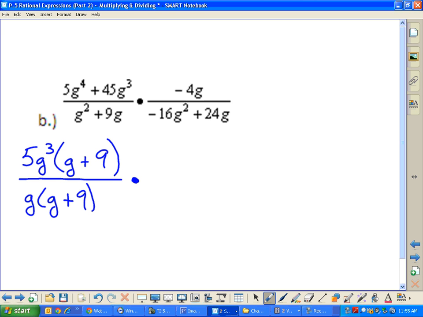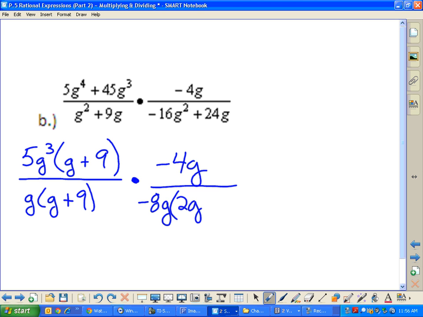That second numerator doesn't really factor. It has factors, -4 and g, but you don't need to write that any differently. And the second denominator, I look at that and I'm like, oh, -16 and 24 are both divisible by 8. I don't like when my leading coefficient like that is negative. So I'm going to go ahead and pull out a -8 and a g. And then what's left over in my parentheses, I have 2g,